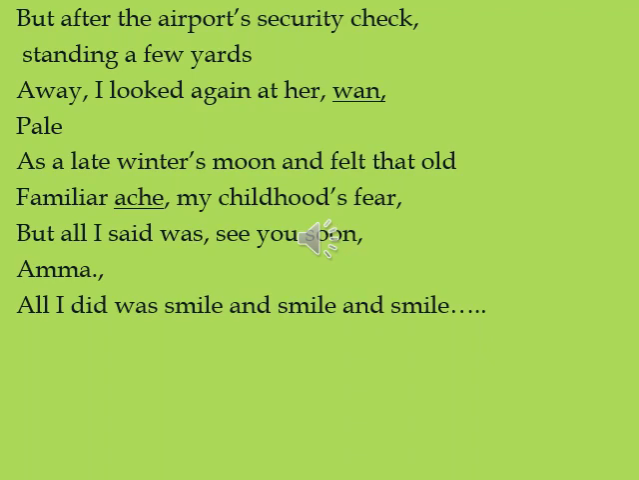I looked again at her. So once again she turned her head towards her mother, who is again looking wan. Wan means colorless. The mother is very colorless, very pale because she is old and weak. And again, the poet has compared her mother's face with that of the late winter's moon. Because the mother is very dull, old, pale, colorless, the winter's moon here represents dullness and sadness. So that's why she has compared her mother's face to that of the late winter's moon and felt